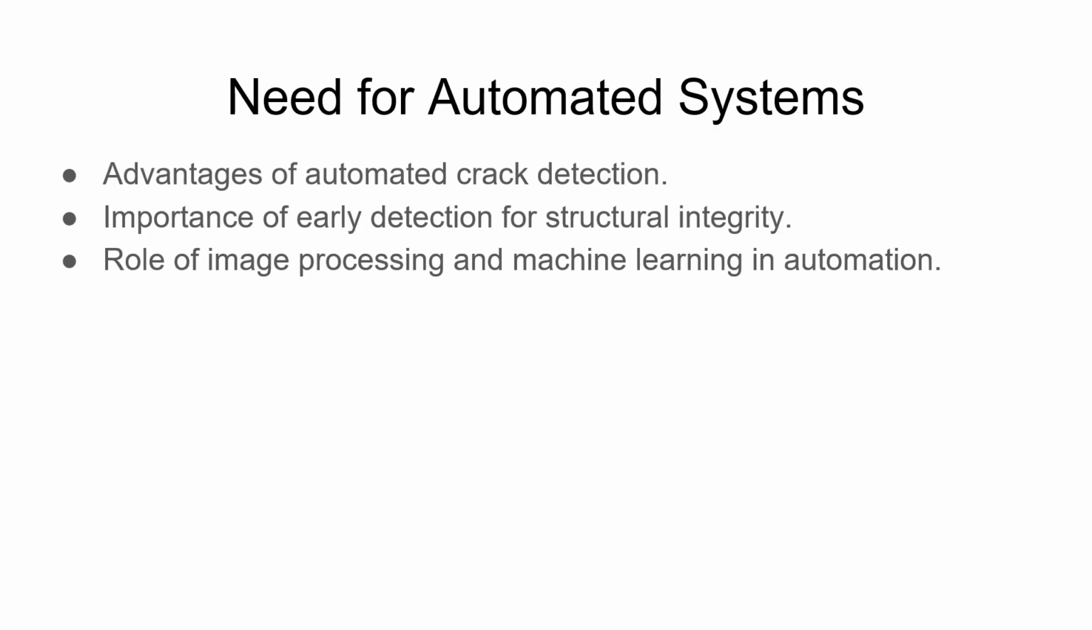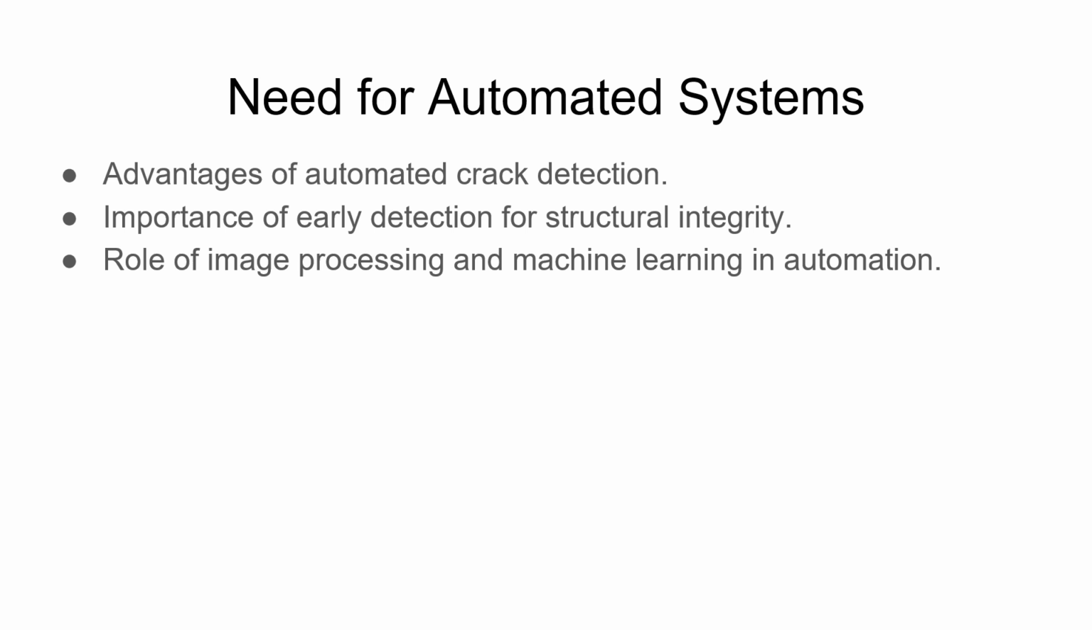Given these limitations, there is a clear need for automated crack detection systems. Automated systems can provide a more accurate, efficient, and consistent analysis by leveraging advances in image processing and deep learning. Early detection of cracks is critical for maintaining the safety and integrity of structures, and automation can significantly enhance this